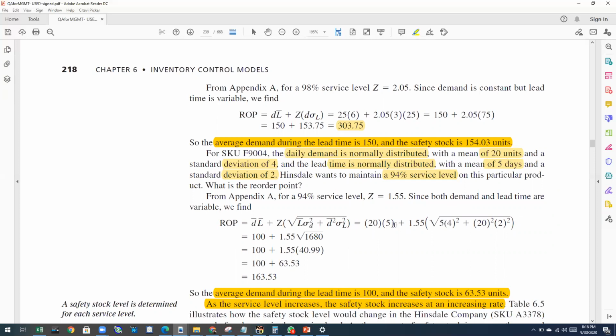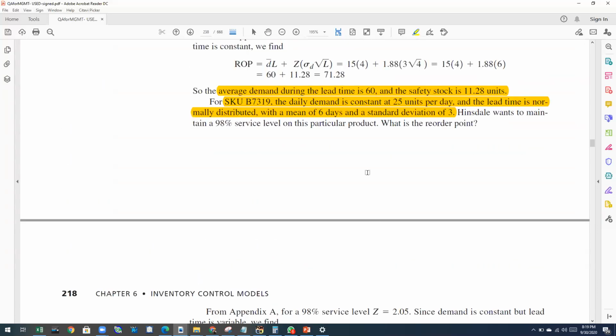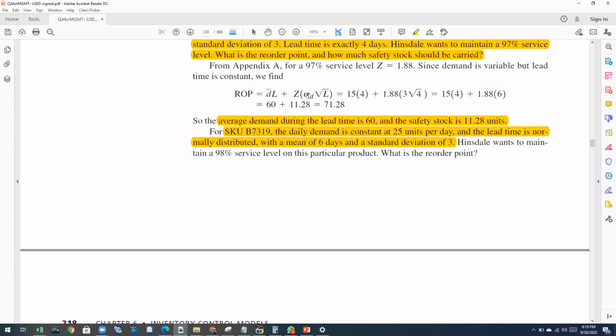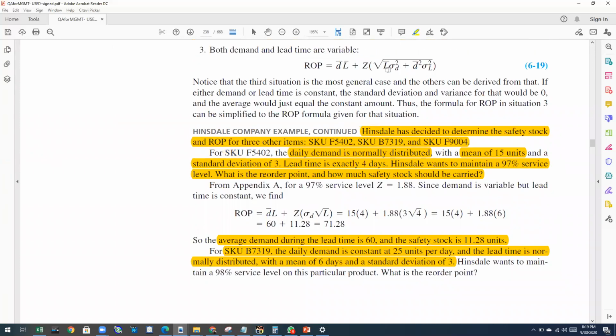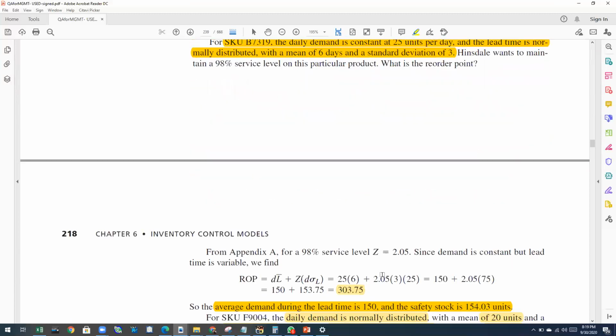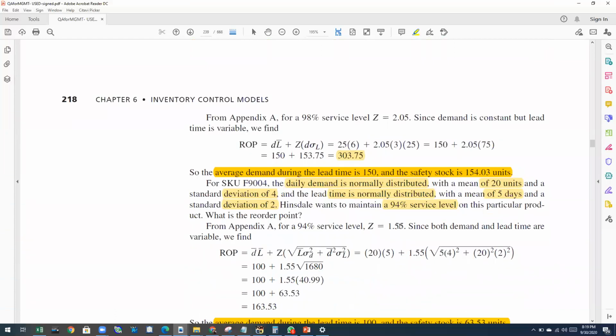So 20 multiplied by 5 plus the Z, which is 1.55, multiplied by the square root of average lead time, which is 5, multiplied by the standard deviation of daily demand, which is 4, squared, plus